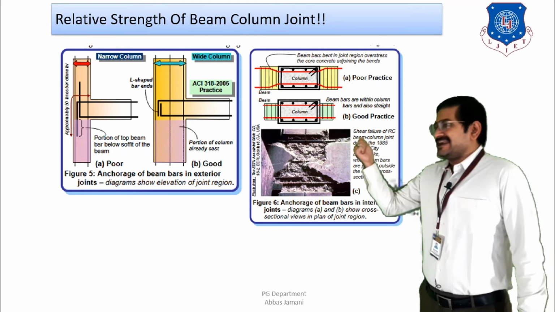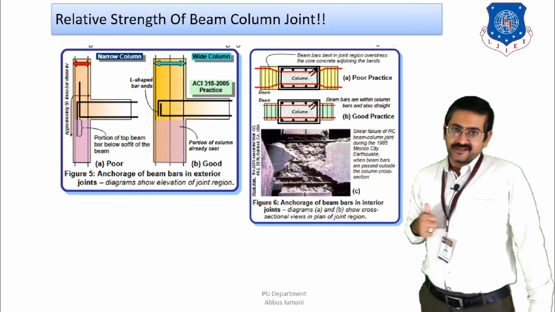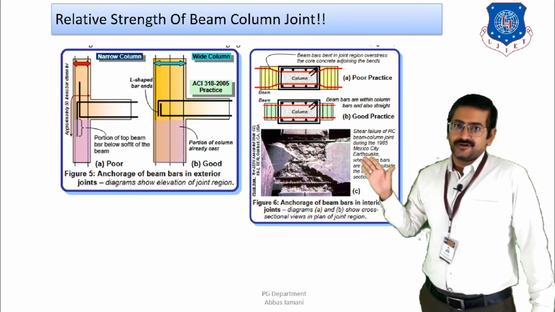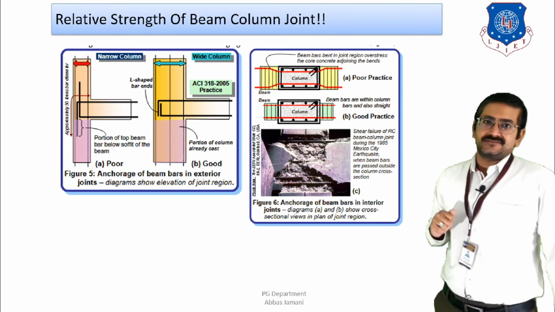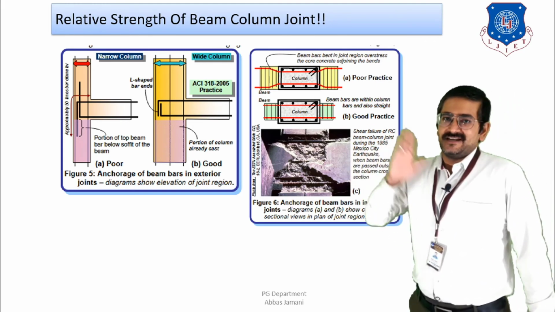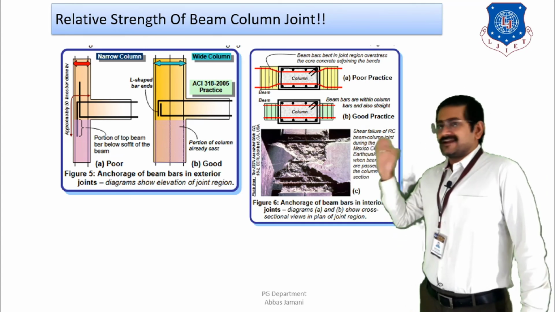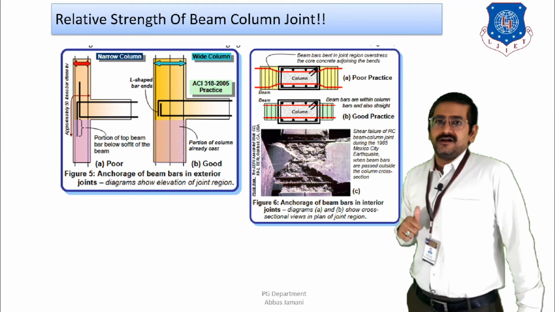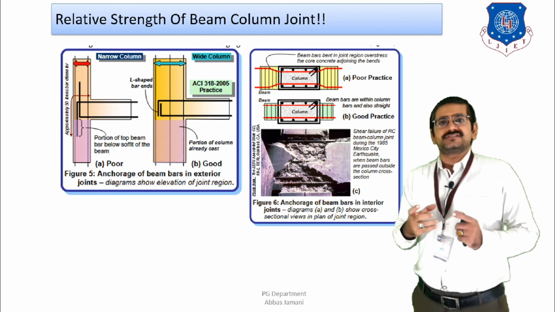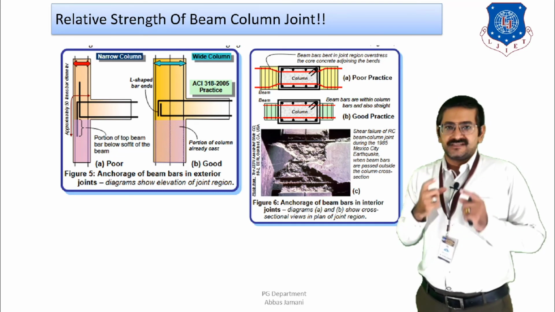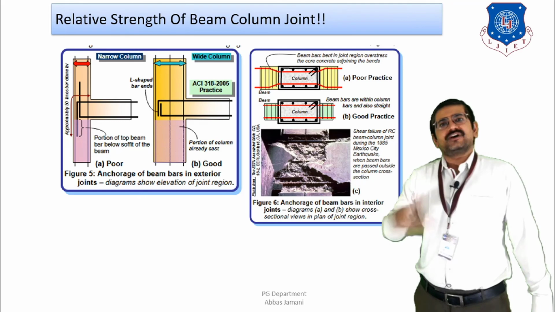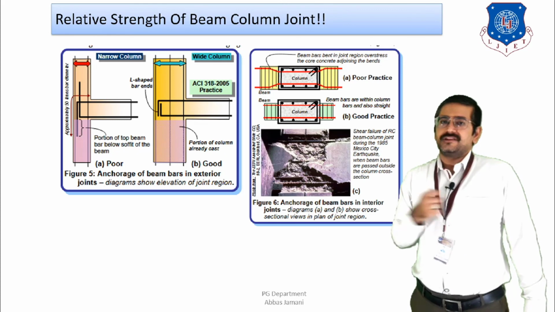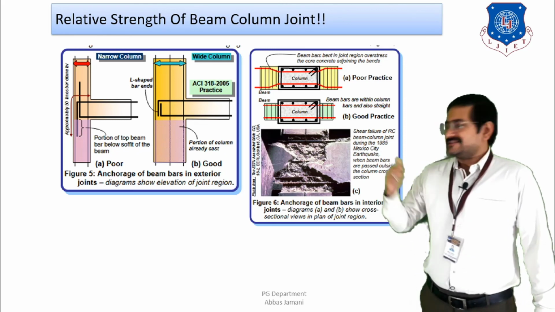So when this bending of bars is done in the first case as shown here, then these bars are going to be overstressed. They are going to undergo additional stress, and when additional stress happens, then as a result additional shear stress is likely to be generated, and that is likely to result in some kind of cracking at that particular junction. So the good practice is such that the position of the reinforcing bars of the beam should be done in such a manner from the start itself that they are able to pass straight through the column without getting intersected with the vertical bars of the column or the stirrups that are provided. Right? So that is the good practice.